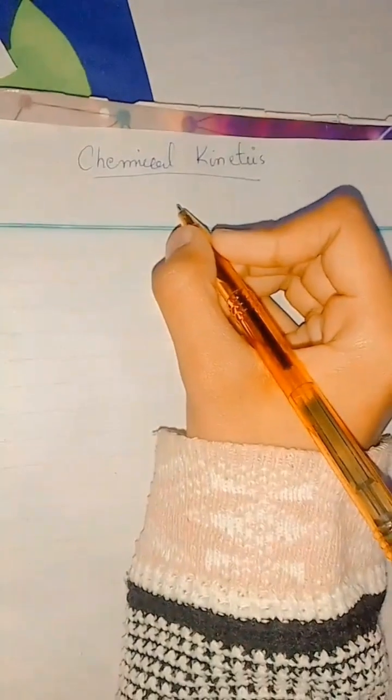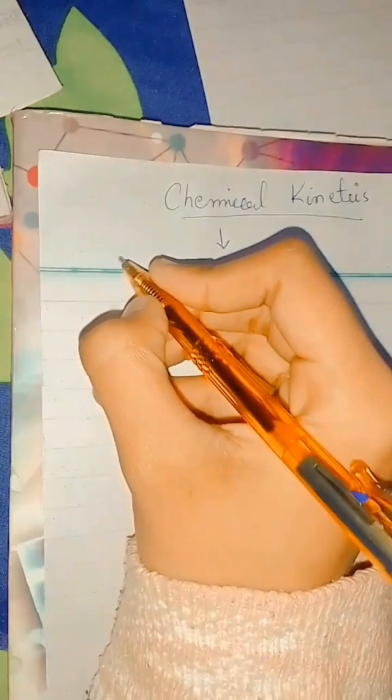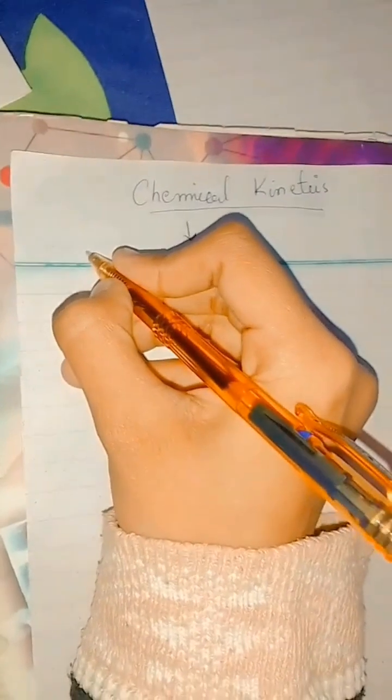So today we are going to discuss a new chapter, chemical kinetics. Basically, chemical kinetics is the study of the rate of reaction. Rate means change. If we talk about its definition, it is